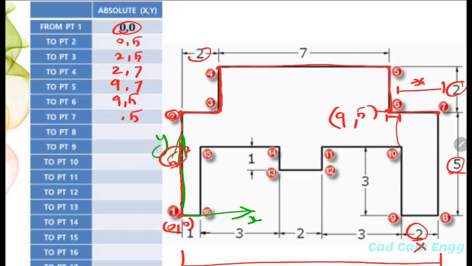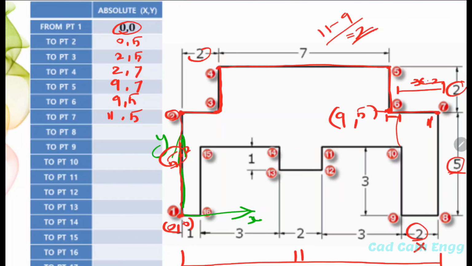Find the total: 1 plus 3, 4, 4 plus 2, 6, 6 plus 3, 9, 9 plus 2, 11. Already we know 7 plus 2, 9 mm, so 11 minus 9 we get 2 mm. I am taking this from the image format, maybe some scale is changed. So this is also 2 mm. From here to here is the total, and this is 11 mm. So here I type 11,5.